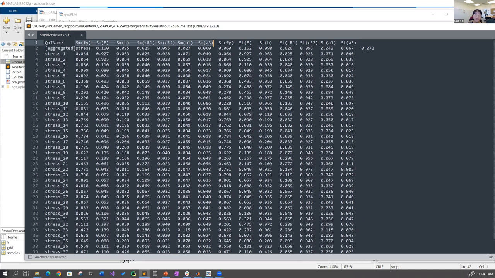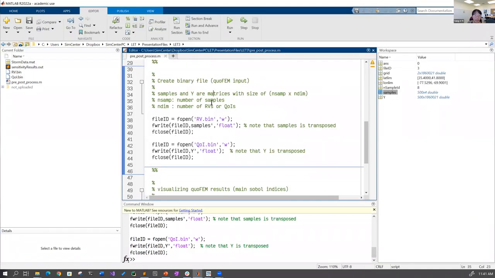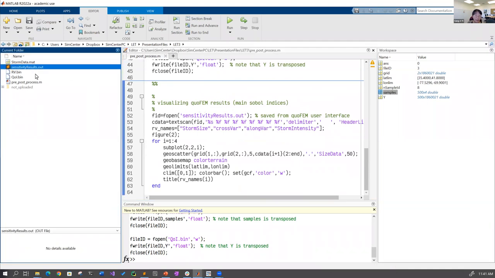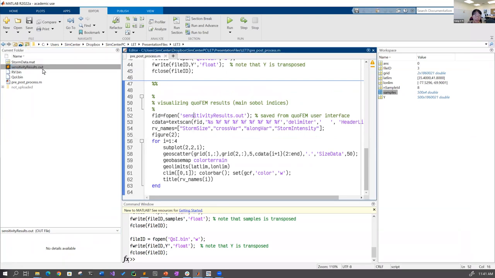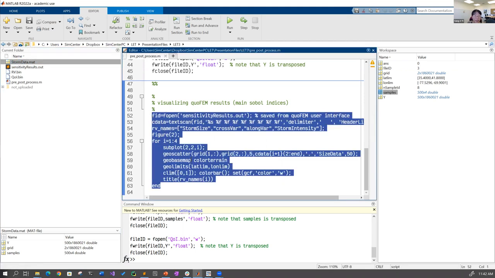So what we are going to do is to read this data table and then visualize it to see how the sensitivity index is spatially distributed. In the same script, I also provide the code to visualize the results. This file is what we just saved from quoFEM. So it reads the sensitivity result file and saves into this variable, and then maps it with the grid points which were in the original data file. So if we visualize this,